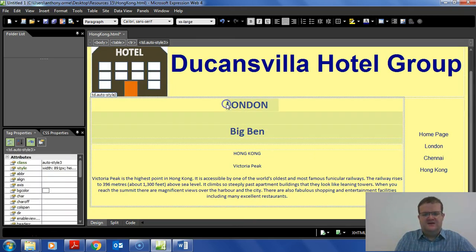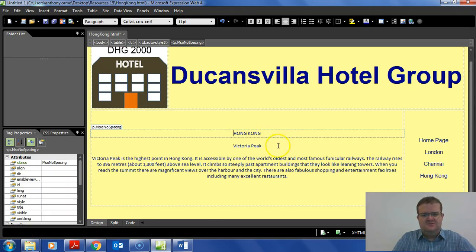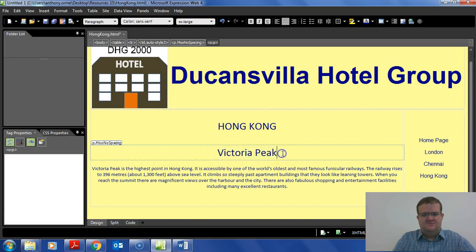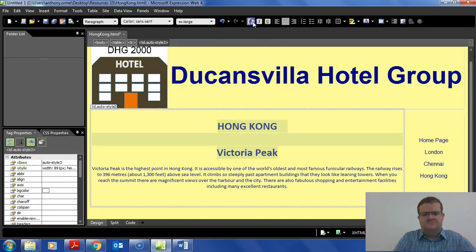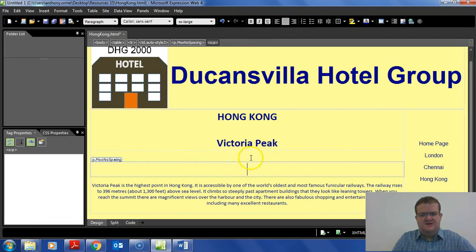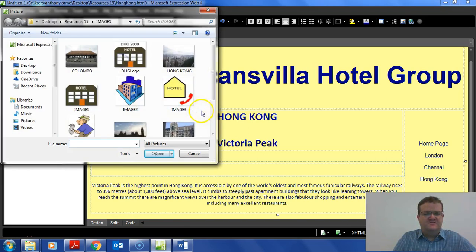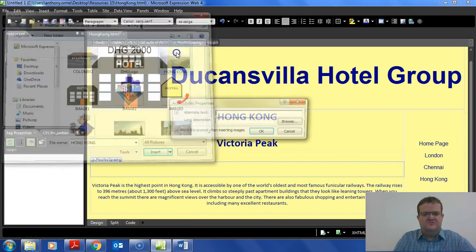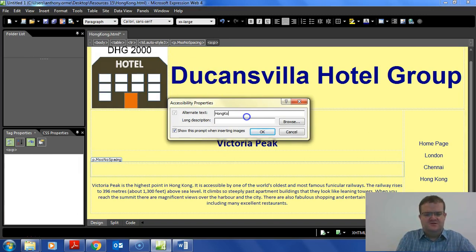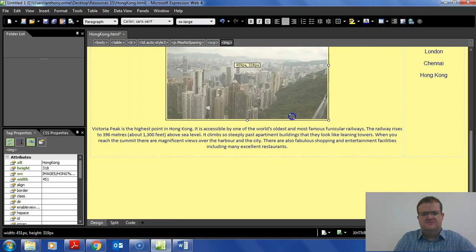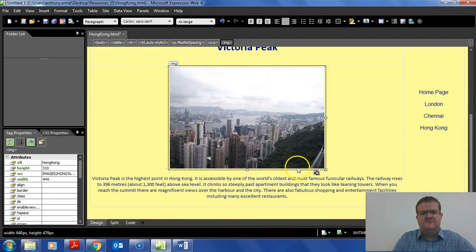And these are extra large, so I can highlight and I just go extra large and make bold. And underneath there I can put the image of Hong Kong, insert picture from file, and we find Hong Kong, and we'll type Hong Kong in here and just make this smaller so it fits. Okay, and of course it is Hong Kong, so I can save, and I'll go File and Save As again,